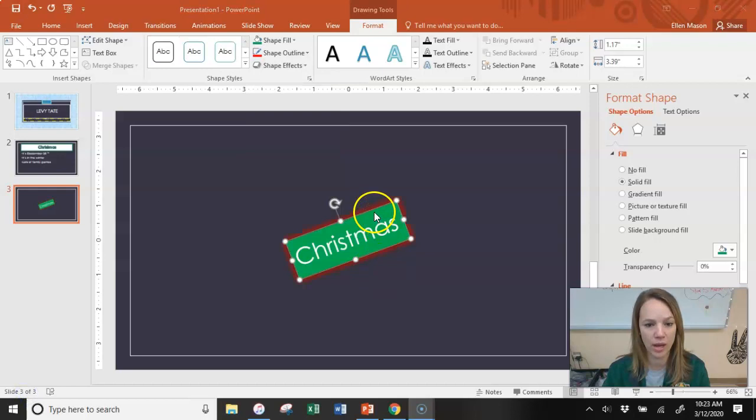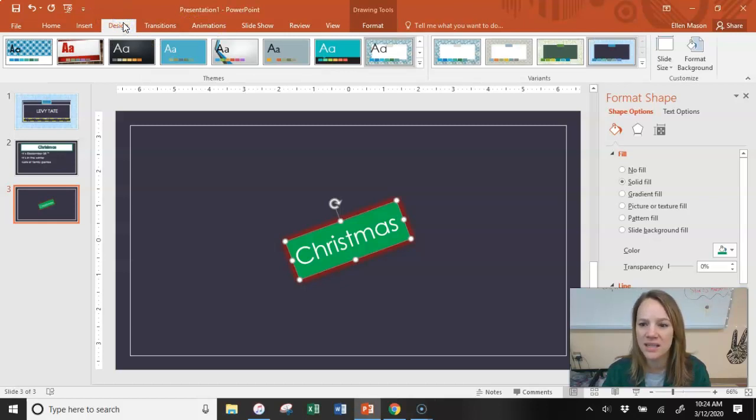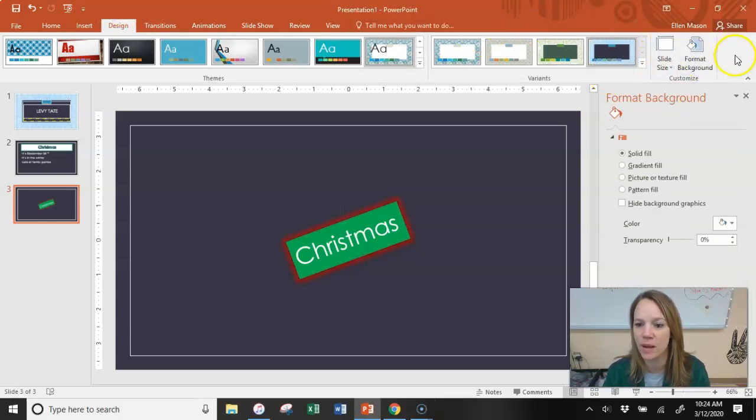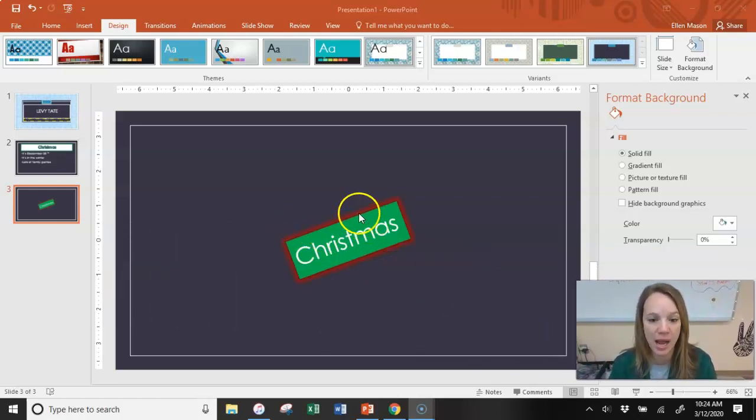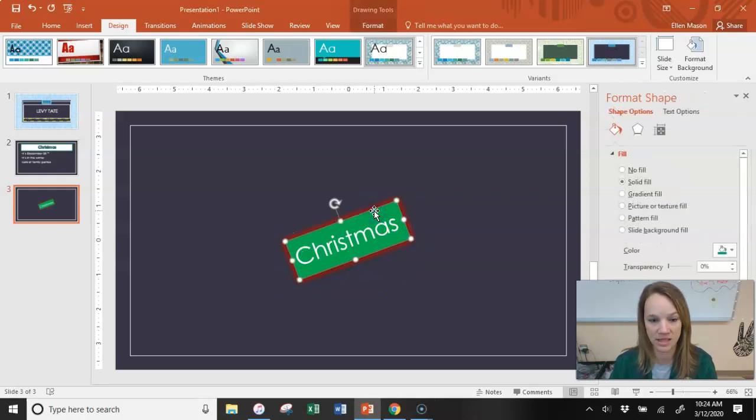I want to point out real quick that I chose a glow option. It's kind of hard to see because my background is dark. You know what? Let me see something real quick. Design. I'm going to format my background real quick. I'm going to go to solid fill and white just because I want to be able to see my glow better. It's not going to let me. Okay, never mind. I do have a red glow around my Christmas text box,